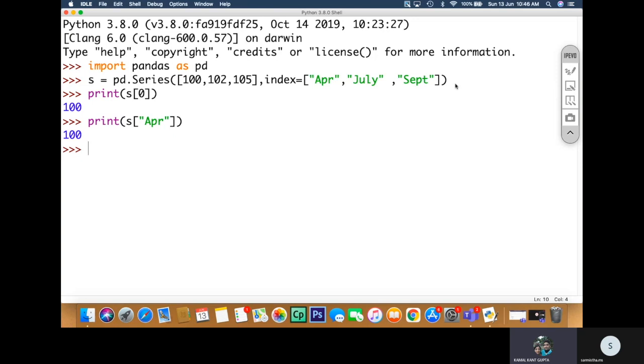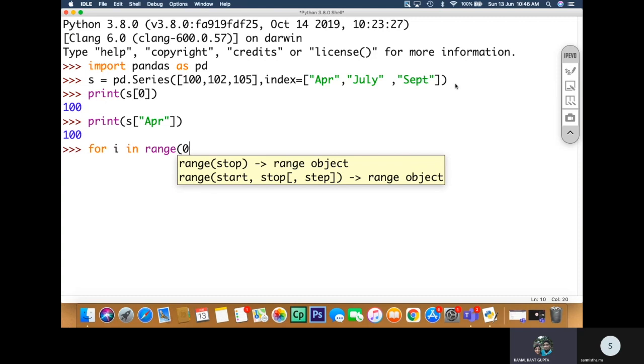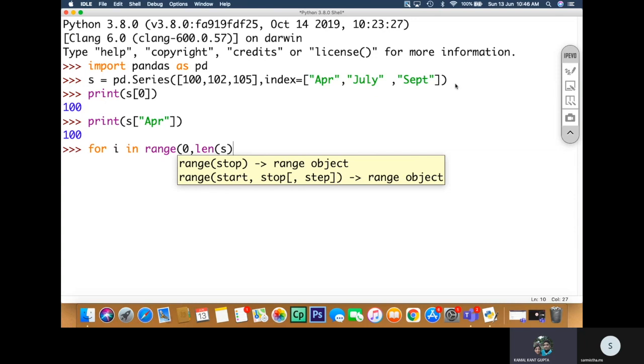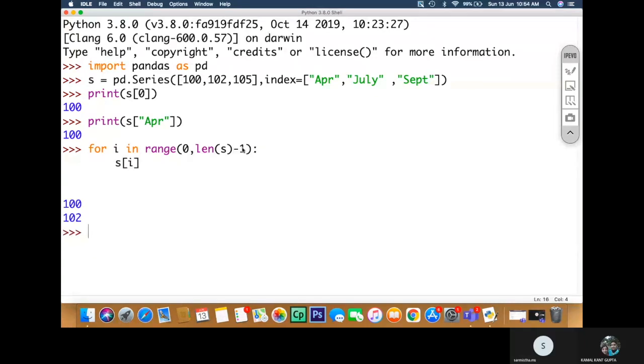You can use a for loop, for i in range 0 to n minus 1, that is length of s. You learned in class 11 there is a function called len. You can apply it on s. So you can just have these values like this and print them.